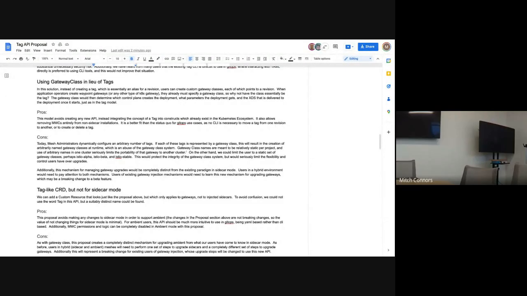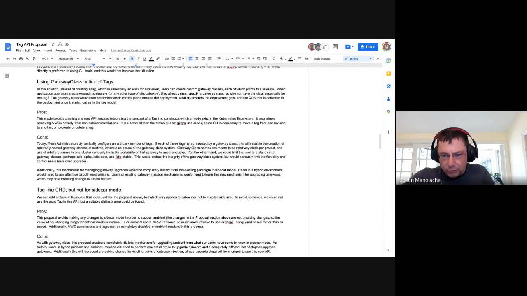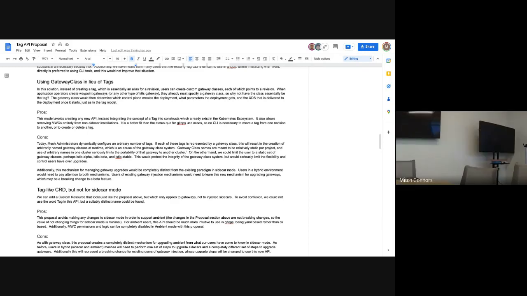So if we use config maps, how would you look at a cluster and say what tags are present? How do you look at tags? You go to the Kube API server, get the config map named Istio tags, and read the content. There is no difference between a config map in Istio system and a CRD. Okay, so we would have one config map that governs all tags regardless of revision?